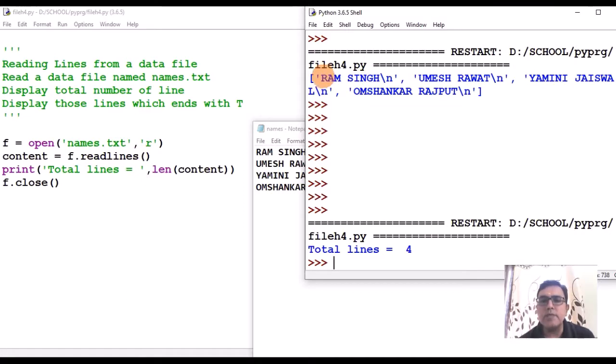See, what is the length of this? 1, 2, 3, 4, 5, 6, 7, 8, 9 and 10. Length of the string is 10. Let us see whether it shows 10 or not.